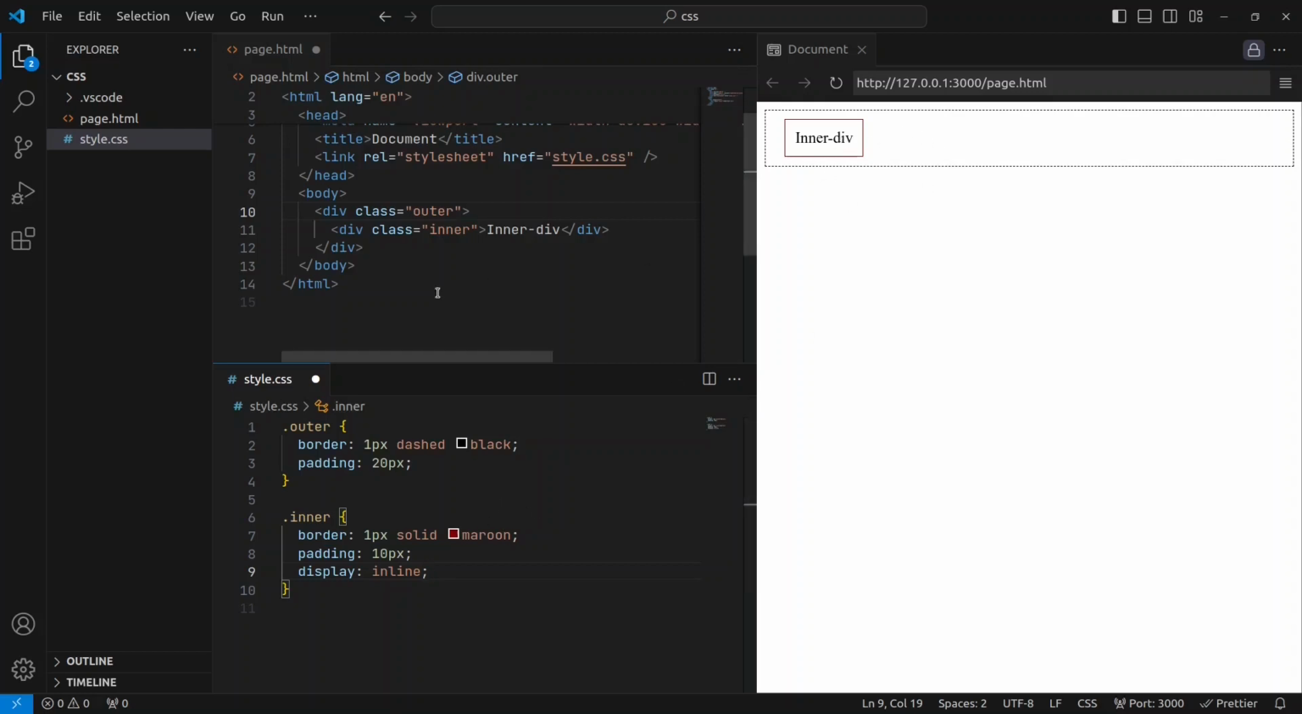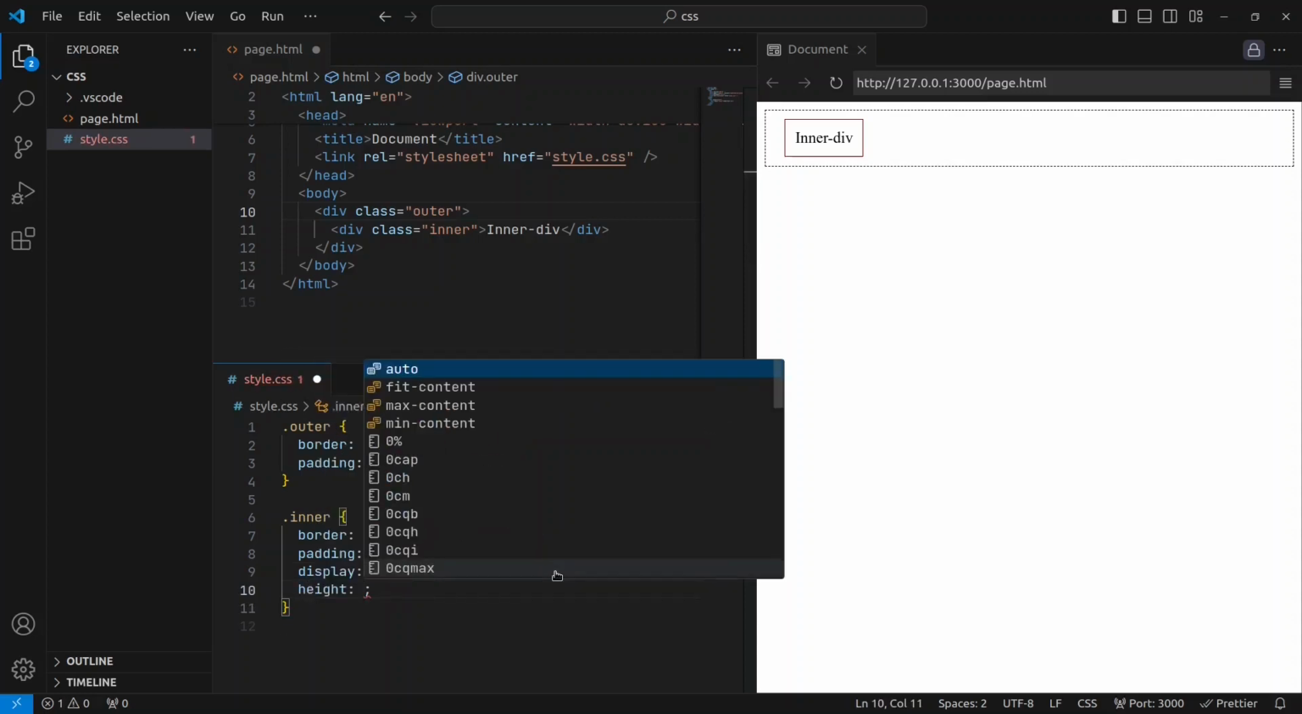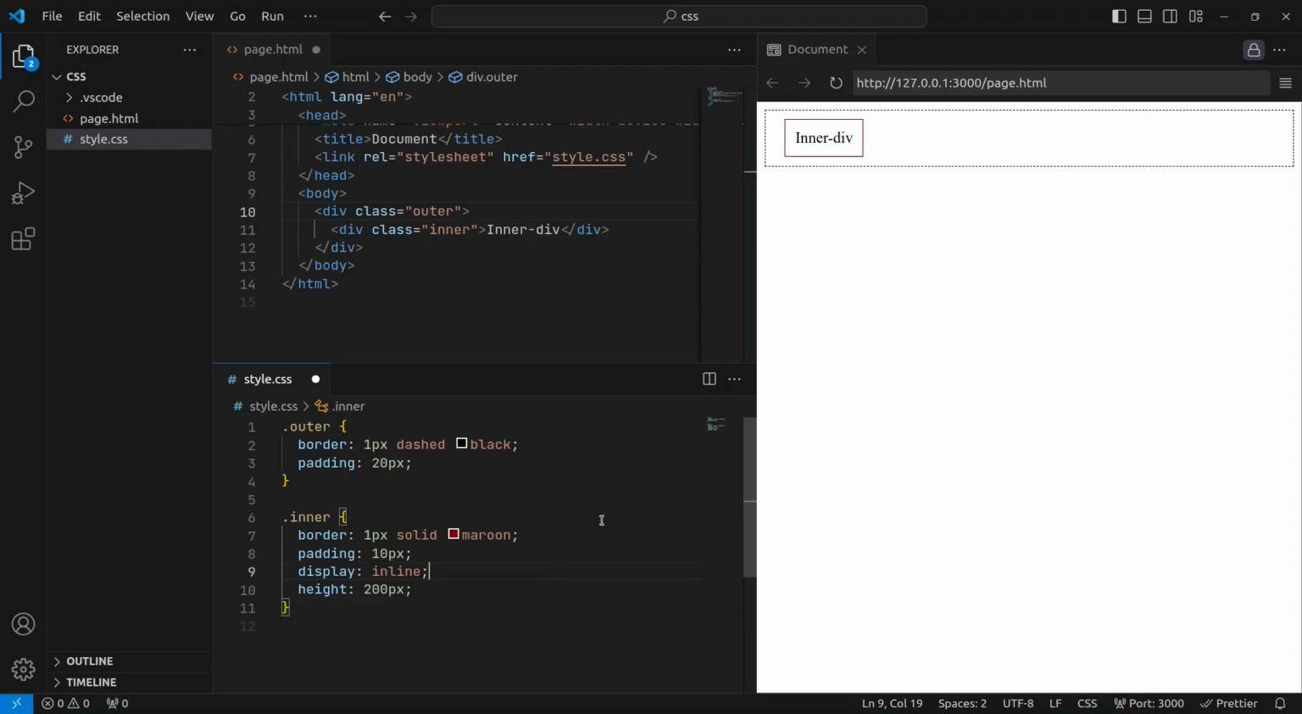But if you want to define a width and height, let's just quickly show that. If I put the height to 200 pixels, notice that nothing changes here. That's because when you set display to inline, width and height don't matter. It's just an inline element. It's meant to be inside a line of text. And if you want to have a width and height, but still want it to only take the space that is needed for it,